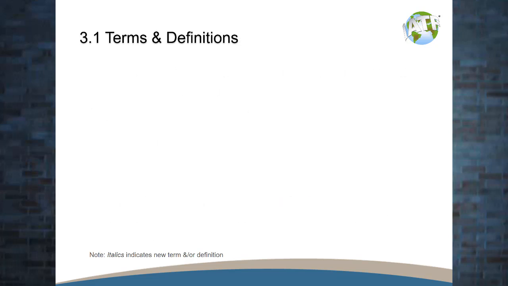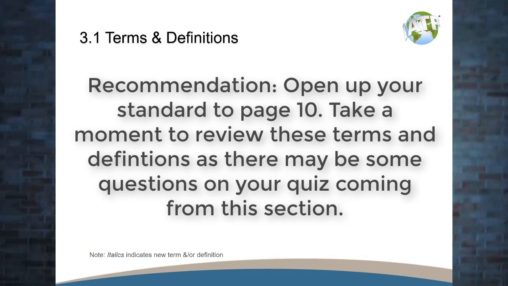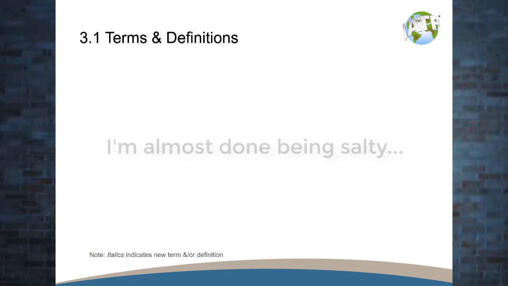Terms and definitions. There are 40 terms and definitions that show up in clause 3.1. We're not going to take up half an hour reviewing each of these, especially because they're published in the standard itself, which is good, unlike ISO 9001, where you have to purchase the additional ISO 9000 terms and definitions document. Some of the key terms and definitions are actually inside this document, so that is a positive. For $150 each, at least you get a section with the terms and definitions.